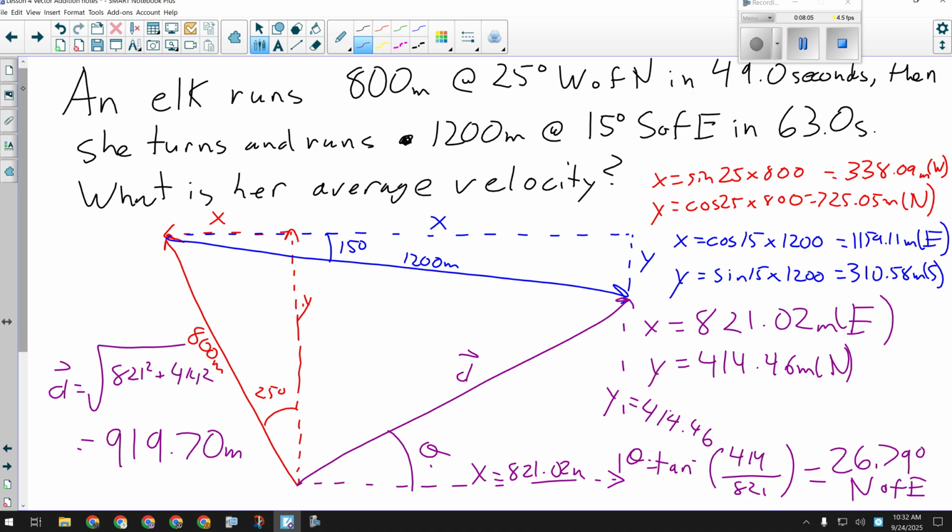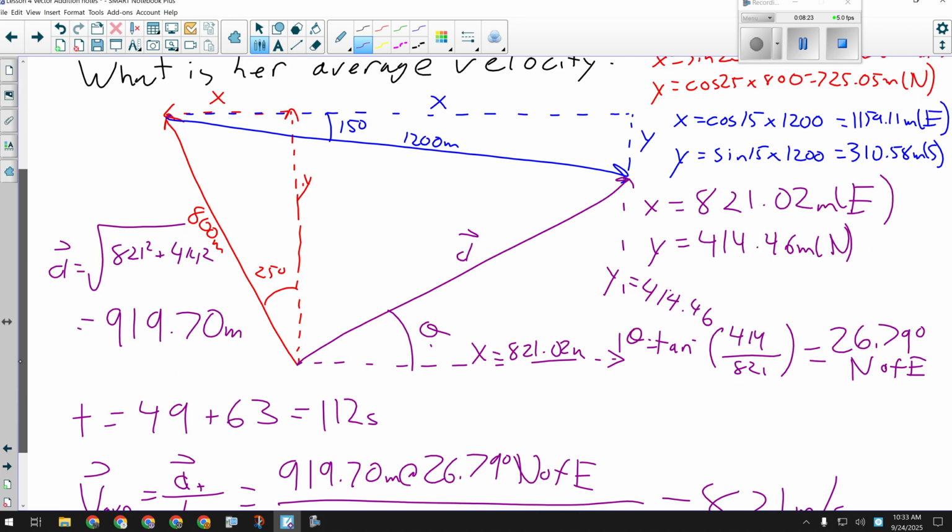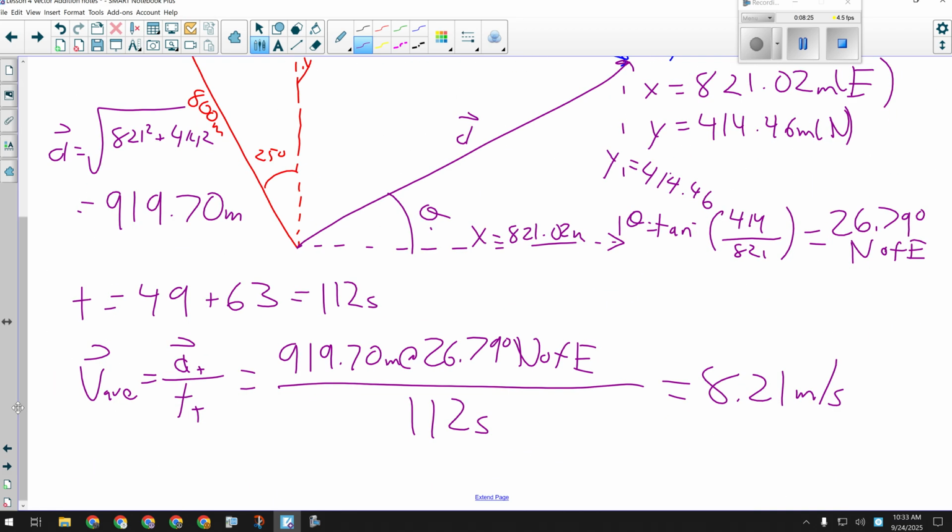Significant digits. Okay, 3, 2, 3, 4, 2, 3. What's my lowest? 2 is the lowest number. I use the degrees, sorry, not the times. I use the degrees to calculate everything. So my final answer is going to be that the average velocity is 8.2 meters per second at 27